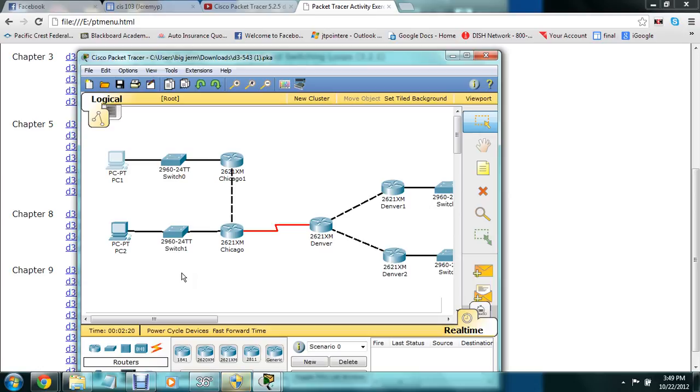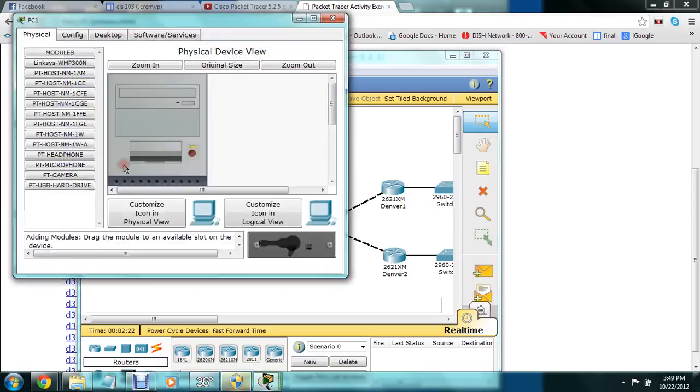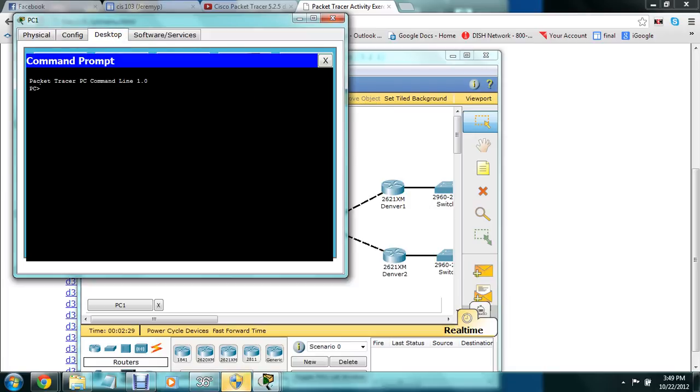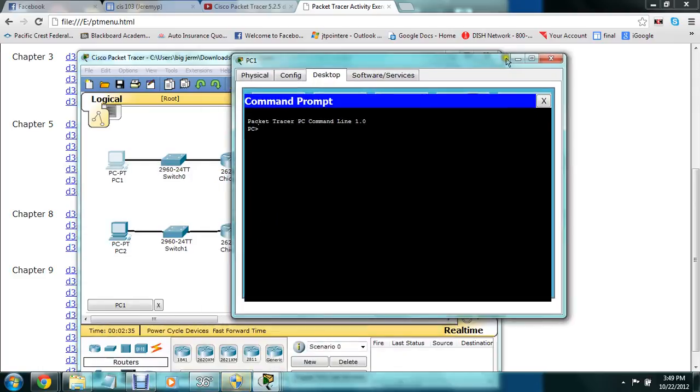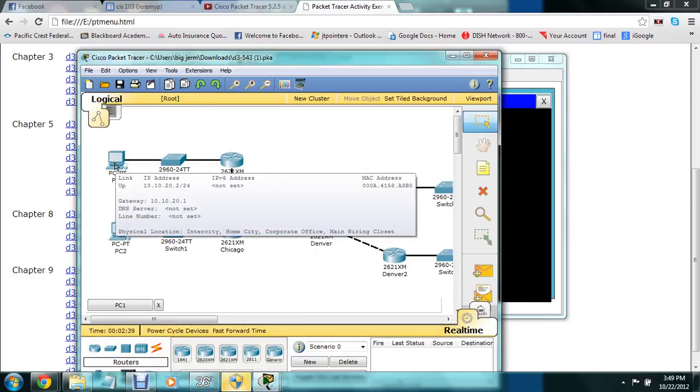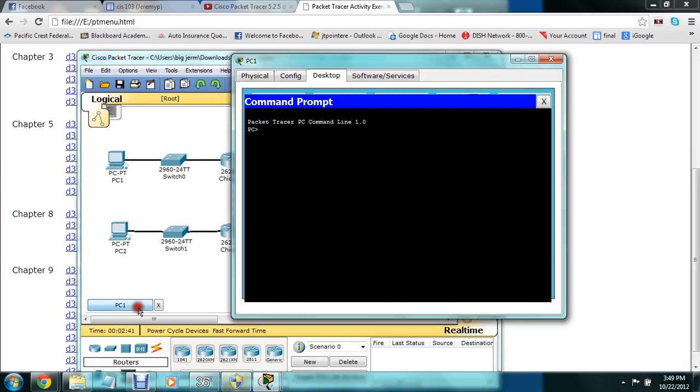So first I'm going to be selecting PC1, and I'm going to try to ping our default gateway,